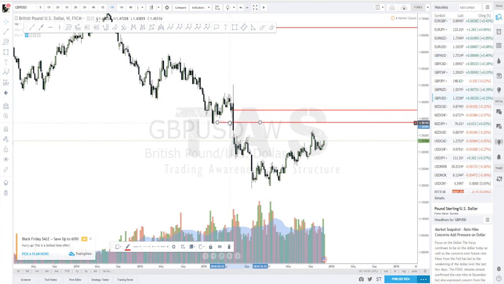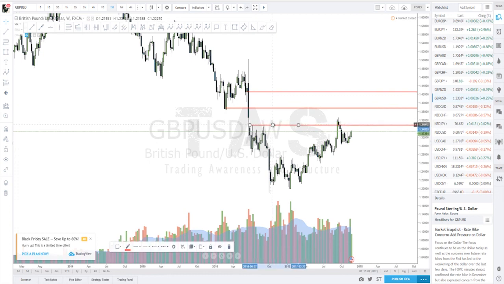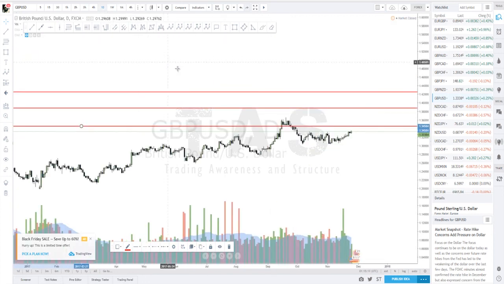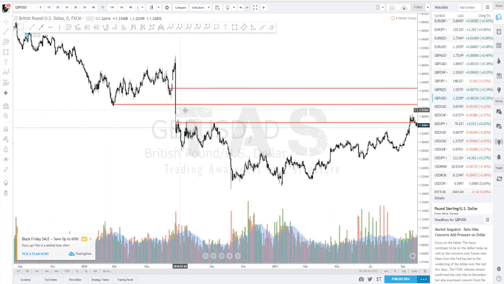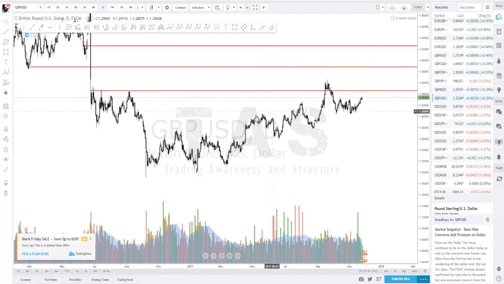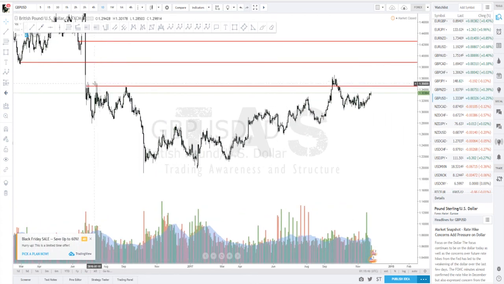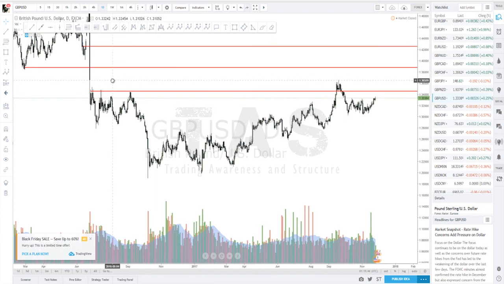There's a liquidity gap here between this and that one, but it already showed its head above that. Let's see on a daily. Yeah, we have a gap here that may probably be closed. That would mean that price could come a little higher, but then again, I'm not sure it will, because